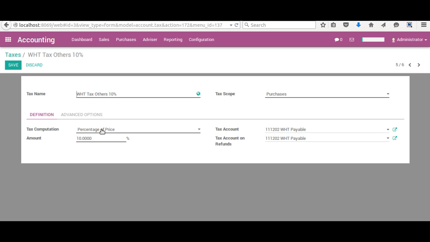How do you compute the withholding tax? Is it a fixed amount? Is it a percentage of price? Or is it a percentage of price tax included? If you want to be reminded about what each of these means, then you need to watch that video that talks about how to account for VAT. It's the same principle basically. For us, it's a percentage of price. Okay? You can put a percent here if it's 2.5%, if it's 5%, 10%, whatever that percentage is, you can